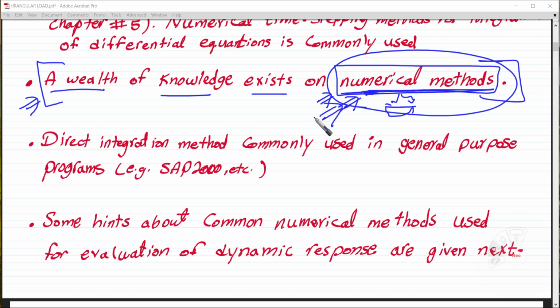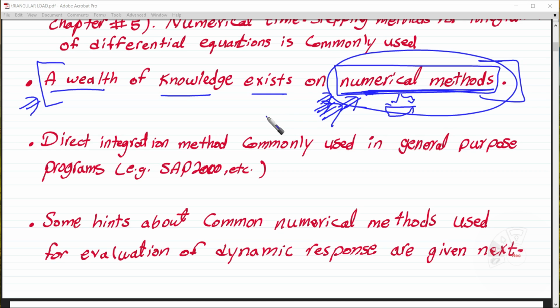It is going to do it better than you and more accurately, and we need to think about what we should understand from dynamic analysis, not going into the details of numerical methods. Okay, and you're going to find that in the near future, I think that soft computing methods are going to overtake the old traditional numerical methods, using artificial intelligence or machine learning technique or soft